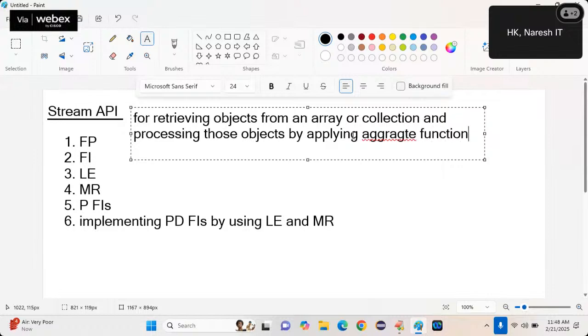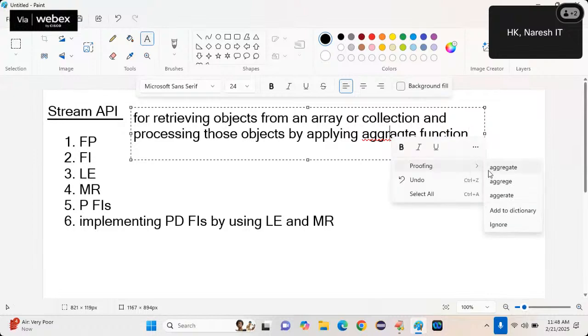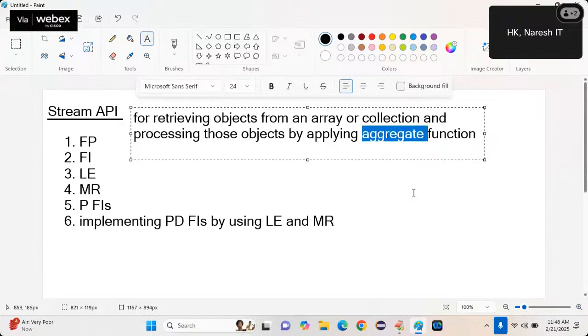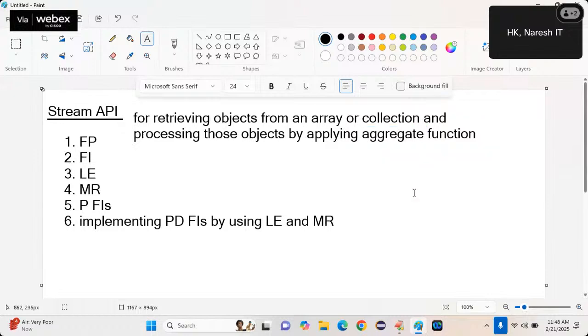What is the meaning of aggregate? Aggregate means mathematical functions, validations, calculations.